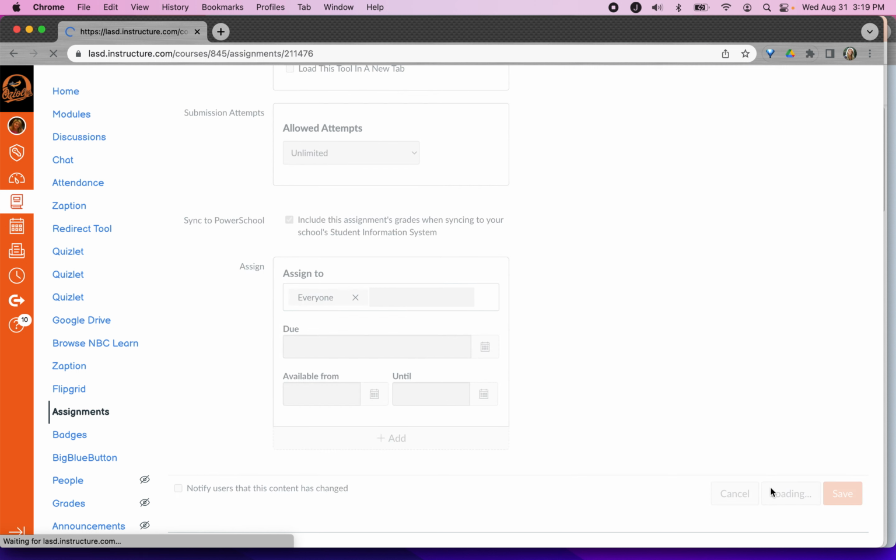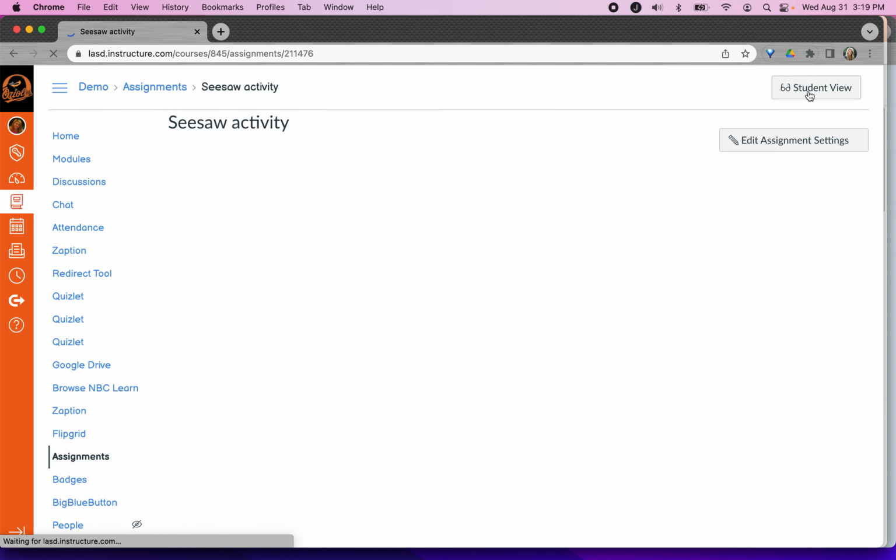And so what does that look like for a student? Now the student's going to also need to sign in initially. I'm going to go ahead and click on the student view. I think it's going to make them sign in, but it looks like, hang on just one second, it's loading. It's going to look like this initially,